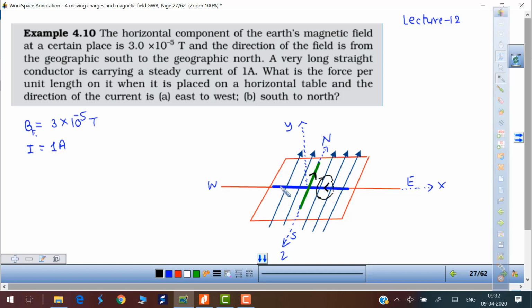So this is the current direction and this is the magnetic field. So what is the angle between them? So 90 degree. So in case 1, the angle between B and IdL